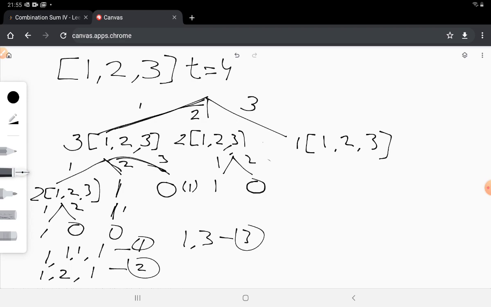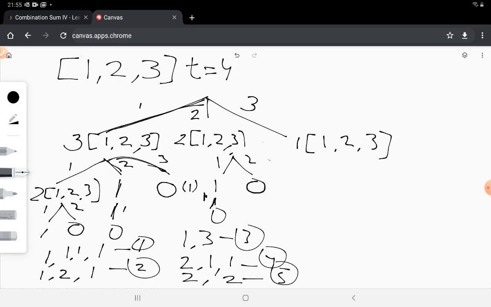And when I am left with 1, I again can choose. I just have one choice of choosing 1 and I am left with 0. So this way I see that with 2 I have 2 ways of doing this. I have 2 1 1, which is the fourth way, and then I can also do 2 2, which is the fifth way of doing this.